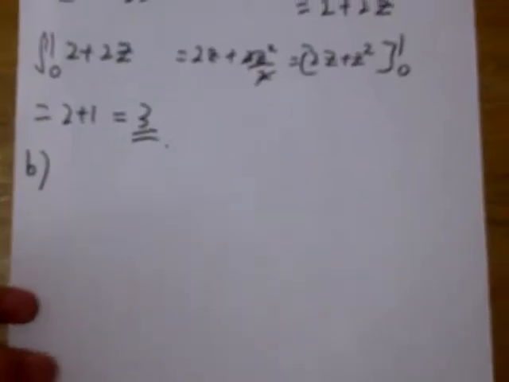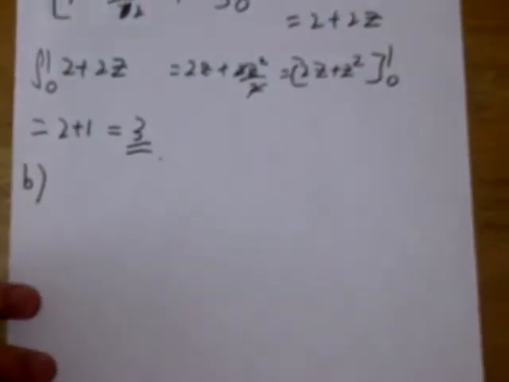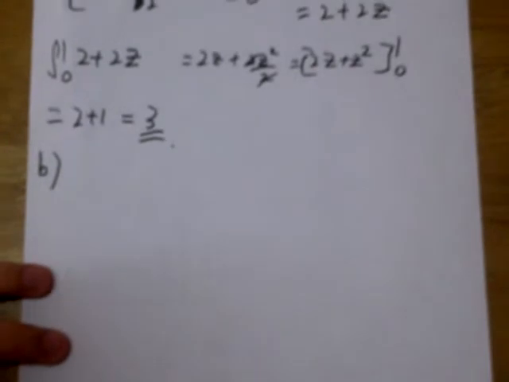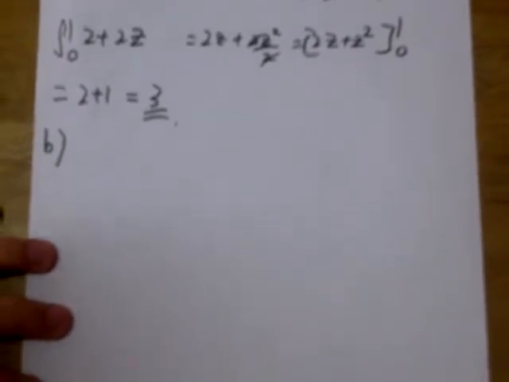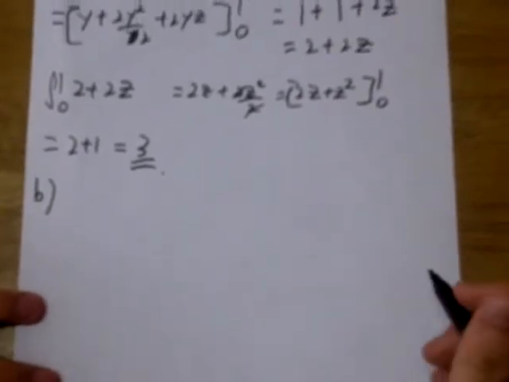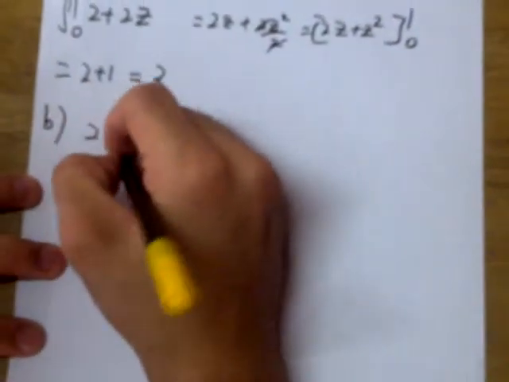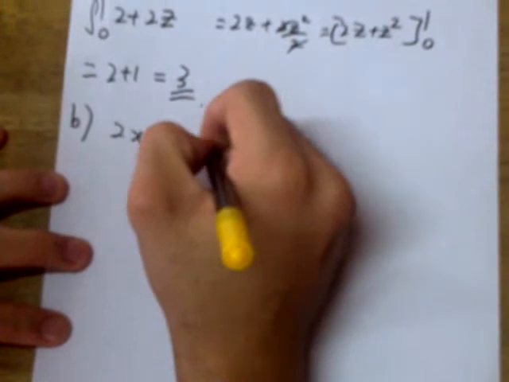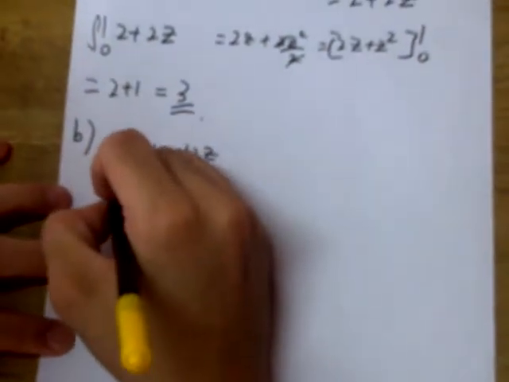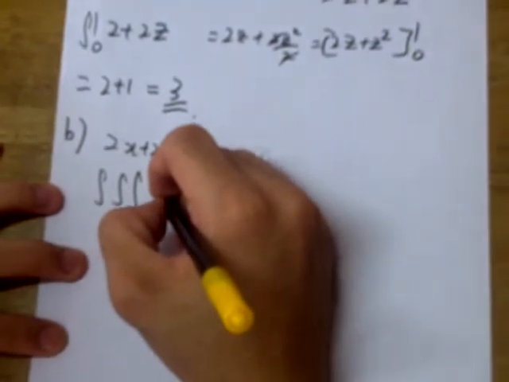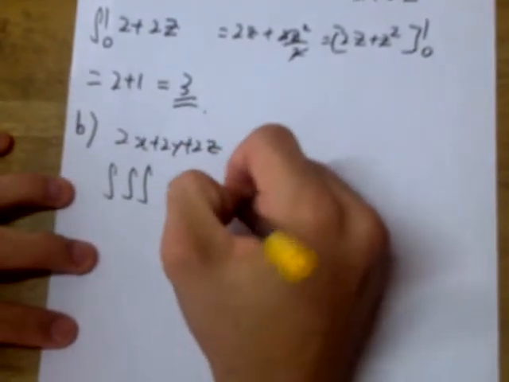Now we do part B. So earlier the question said the cube bounded by the planes x equals plus or minus 1, y equals plus or minus 1, and z equals plus or minus 1. So we use the same divergence, 2x plus 2y plus 2z. We integrate this function, 2x plus 2y plus 2z,